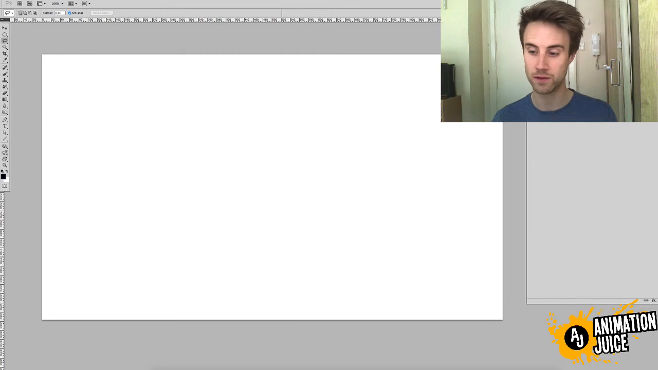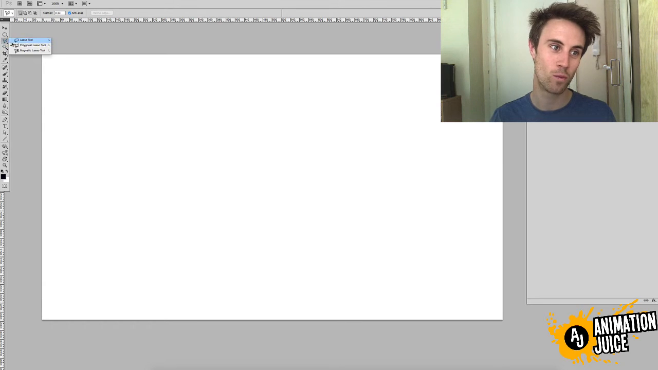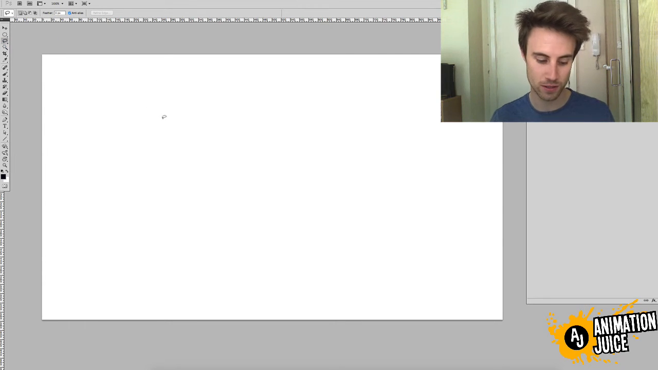The final thing that you can do with the Lasso tool is, we looked at the normal lasso, we looked at the polygonal one. The lasso is great for organic shapes, the polygonal is great for more rigid angular shapes, and you can switch between the two all within the same selection. So let's just grab the normal lasso tool and start drawing a shape,